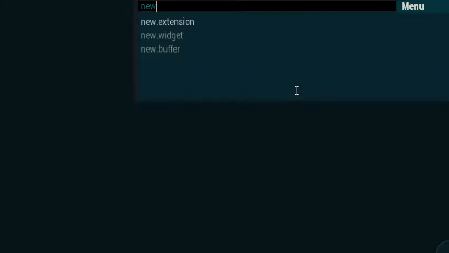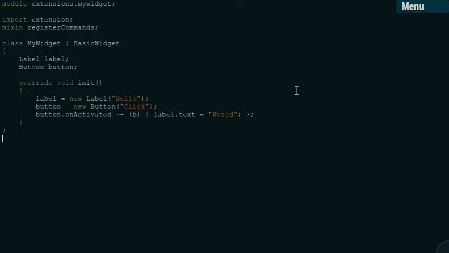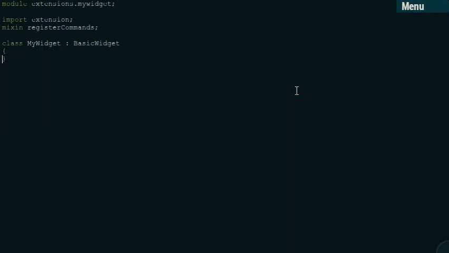So yeah, today I want to talk a bit about how to make a widget extension for Deadcode and how to style it using CSS or a subset anyway. So we click new widget and we get a template, but let's just delete that and make it as simple as